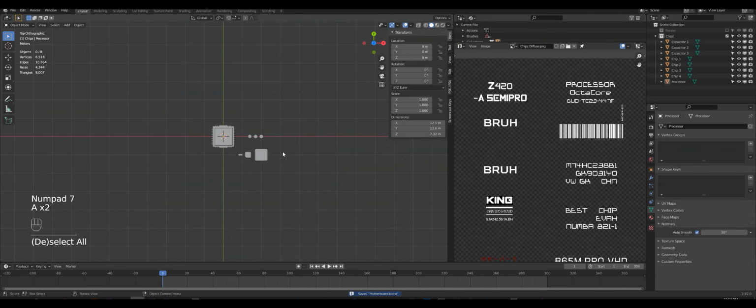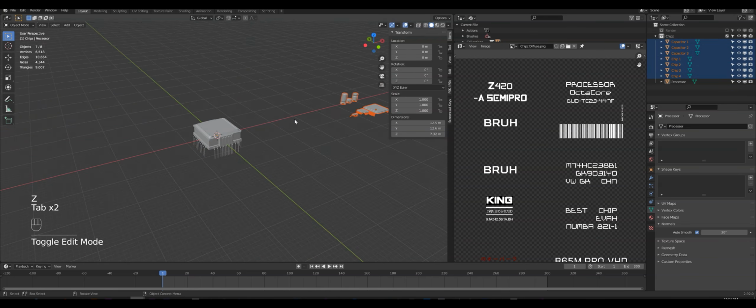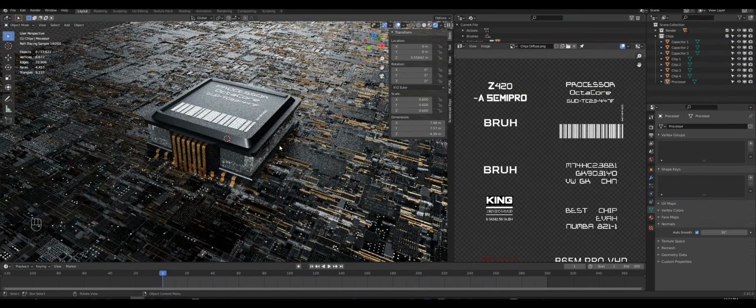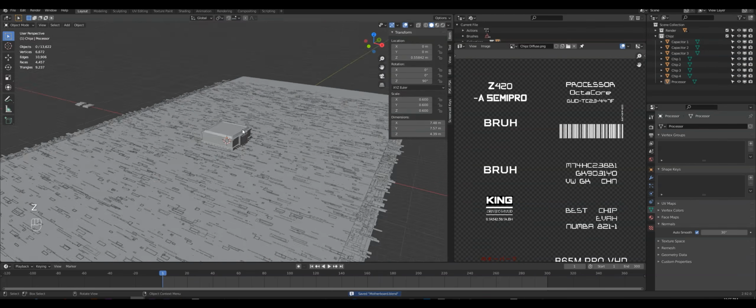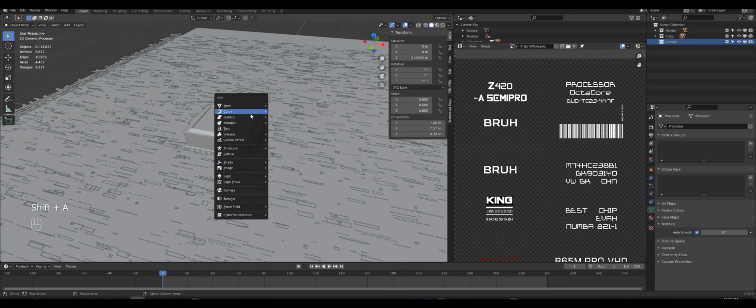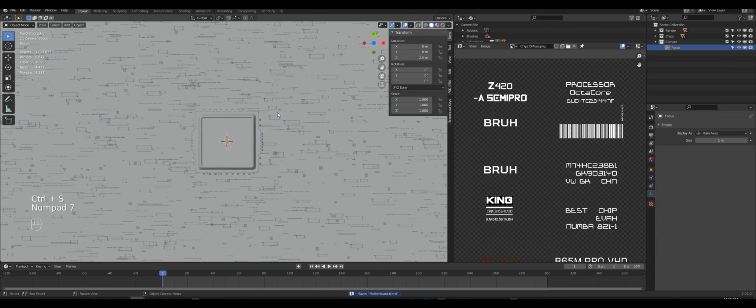Now move the microchips to the side so they won't be in our way for now. And place the processor on the motherboard that we just created. Create a new collection for the camera setup and in there add an empty and rename it Focus. Then add a camera